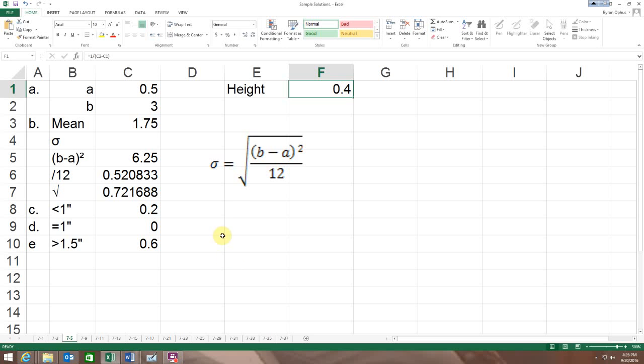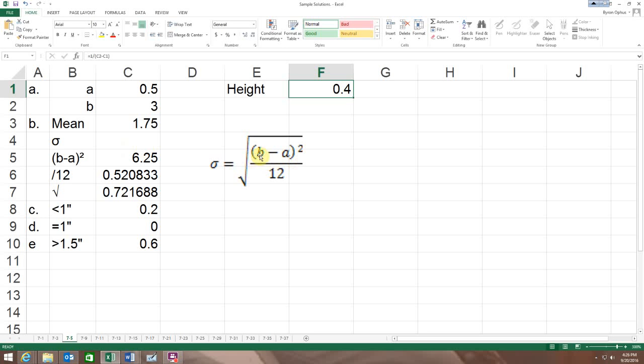First, it says, what are the values? It says, the April rainfall in Flagstaff, Arizona follows a uniform distribution between a ½ inch and 3 inches. What's the values for A and B? 0.5 and 3. What's the mean? Right, 3.5 divided by 2 is going to be 1.75, and it also asks under B for the standard deviation,